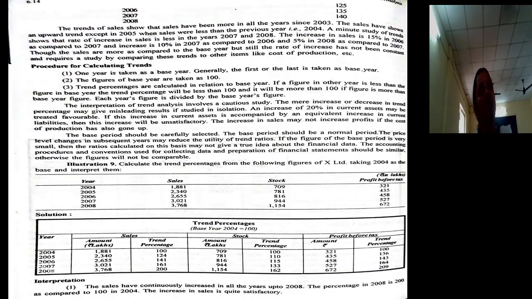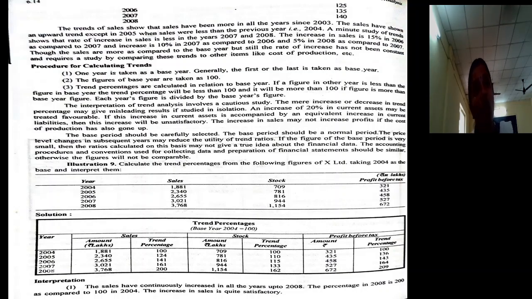Try to understand. Comparing 2001's value of a particular asset, on which you changed the depreciation, with 2000's value of that asset, there is no meaning in it. That's why the accounting convention should be the same over a period of time. These are the cautions that you should take before making use of the second method of analyzing financial statements, known as trend percentages.